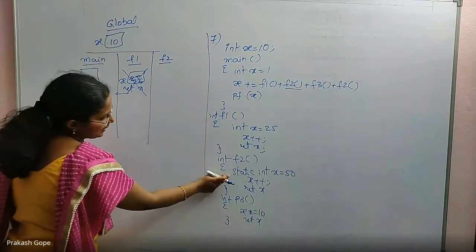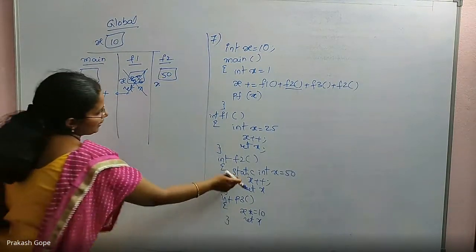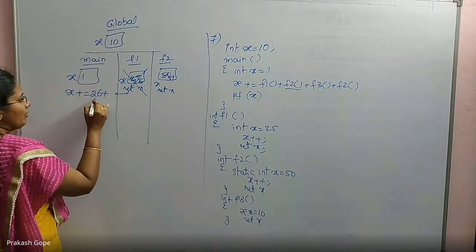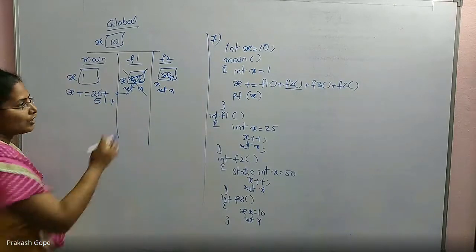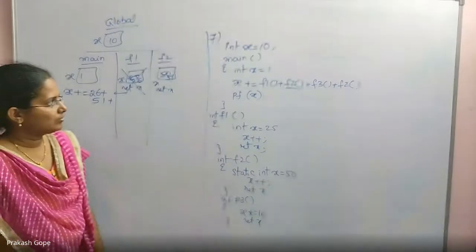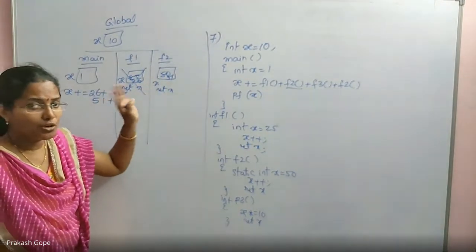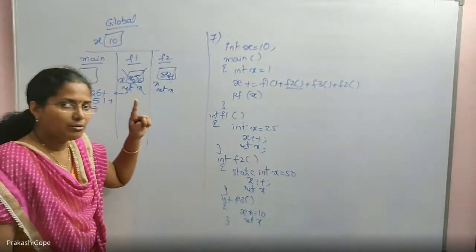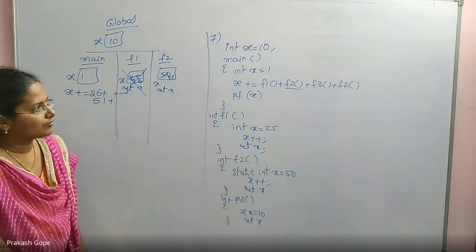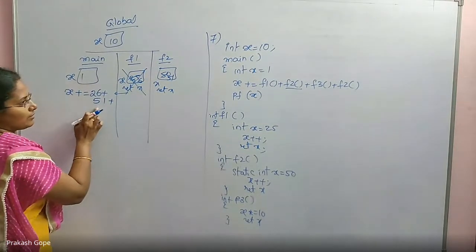First line is the static declaration. Okay, static variable is declared, initialized to 50. x plus plus, it becomes 51. Then return x. So return 51. But when I come back, the static variable is still available. Only thing is I cannot access it here, but it is available. It is not dead like an auto variable, because a static variable's memory is allocated in the data section, which is available throughout the execution of the program. So it is not dead now. So come back, return with 51.